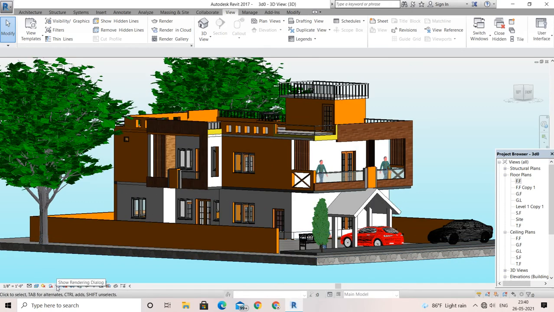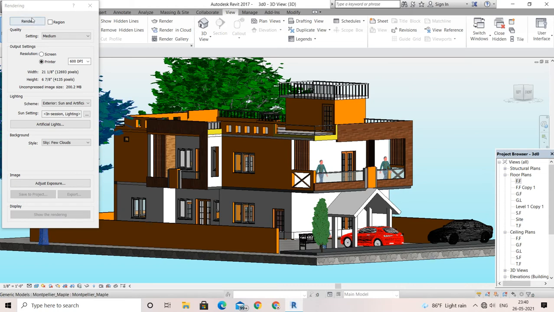You can see this rendering dialog, right? If you click over here, you may see some of the render. I have set the settings to medium, and I have not made it screen, I have made it printer. If you want good rendering, you may understand how it looks or how it appears.